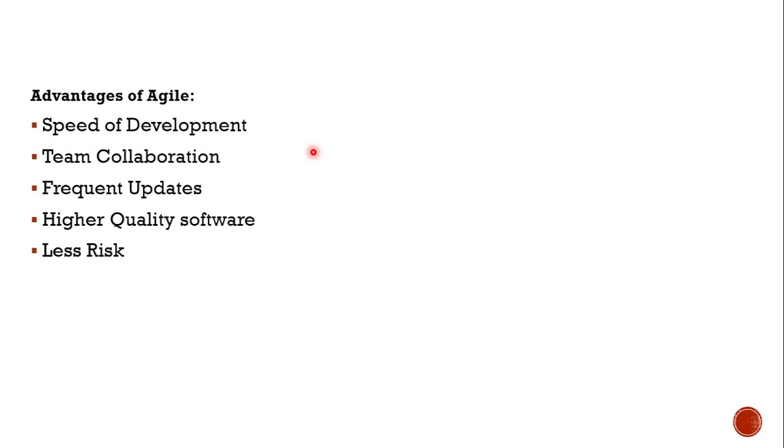He won't be doing any kind of task, so he must be idle. Once it is tested, if it is good to go, fine. If it is not, then it will revert back to the developer to work on, and the tester will be idle. So in order to avoid this situation, we came up with this agile methodology where everything works at once, work is divided into small parts, and the progress is happening quickly. Okay, and the next one would be team collaboration. So earlier there were some issues that we see whenever there is